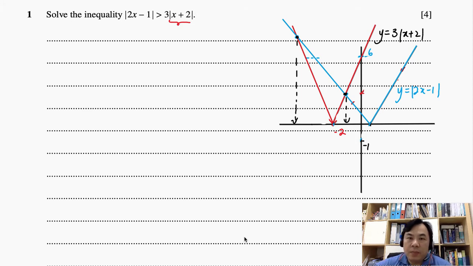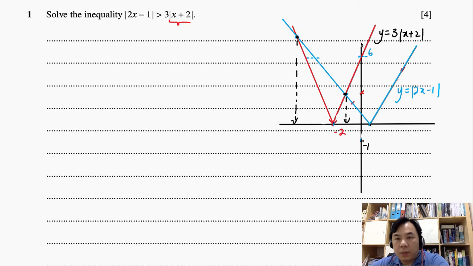Now, most of the time when we solve a modulus graph, if you are able to draw it, it'll be easier. If you are not able to draw it, that is fine. I'm going to show you another method. We're going to tally the methods shortly. So the first method is a visual plus algebra. Now, this red graph here